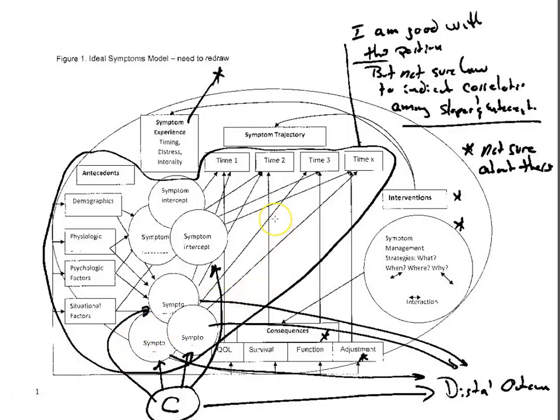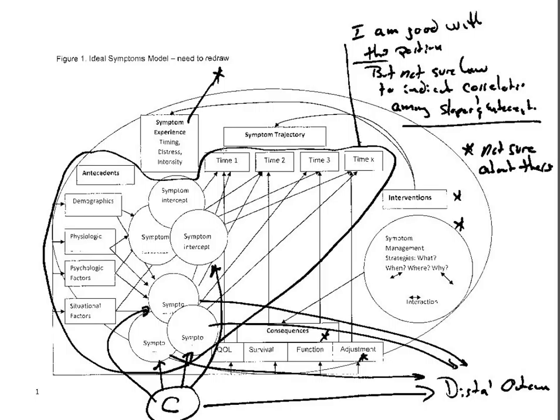Hey, so this is something I worked on. I didn't see your later PowerPoint in which you've made some changes, but I think my comments are consistent even with the more recent model. So in general, I'm really fine with this piece right here. That's sort of the latent growth curve piece. I think that makes perfect sense.